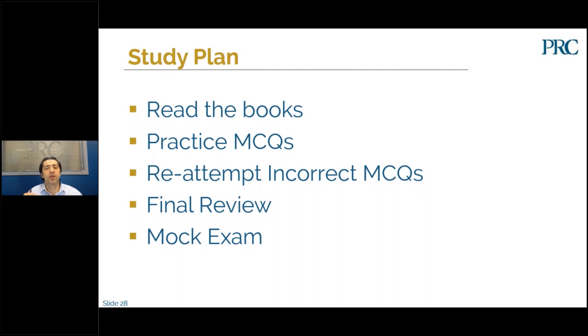And when you answer a question incorrectly, also read all 4 options. On our platform, we tell you why each answer is incorrect. So you would want to read why your answer was incorrect, and you would want to read why the correct answer is correct. Now, of course, when you reattempt these questions, don't reattempt them within a short period from the